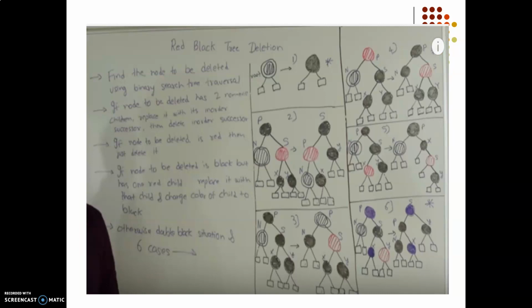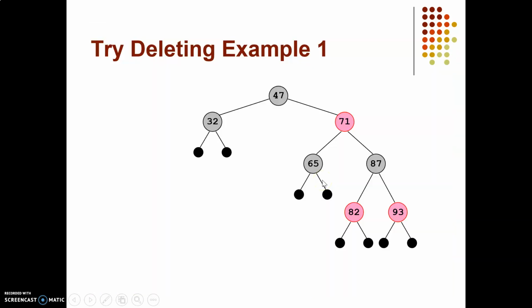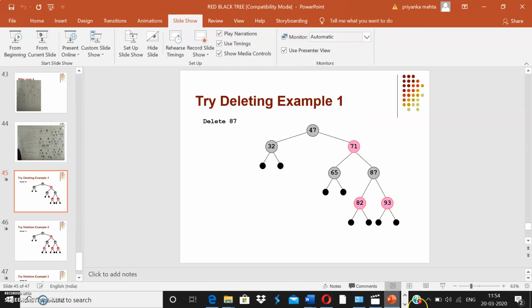Let us now do this. What we are doing in this BST is, first we delete a simple node, then we see whether it is a red node or whether it has a red child. If it has a red child, we just replace it. Otherwise, we check whether it is a double black case or not. If it is a double black case, we match with the existing 6 cases and do the rotation as per the result. Let us try one example through visualization.